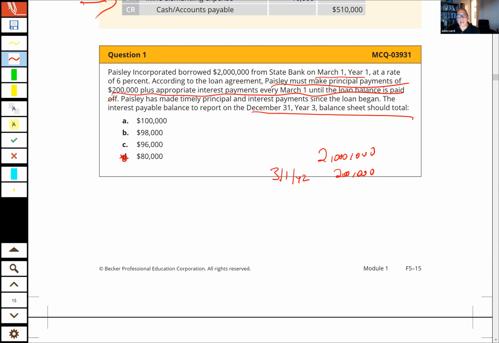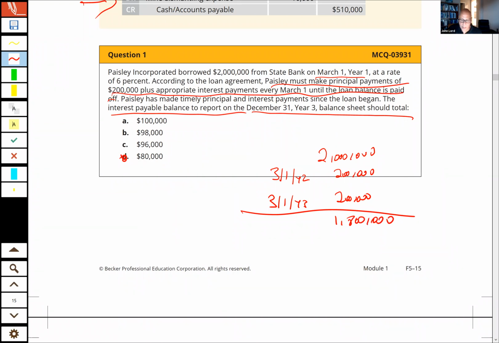And we're looking for interest payable. They'll pay another amount at 3/1, year three, of 200,000. So at 3/1, year three,